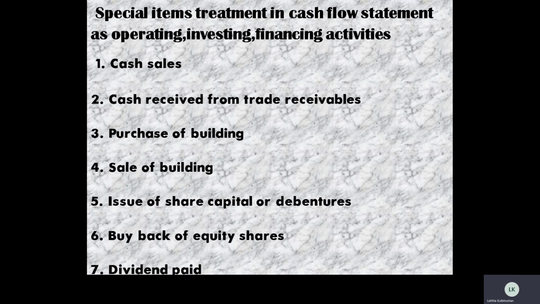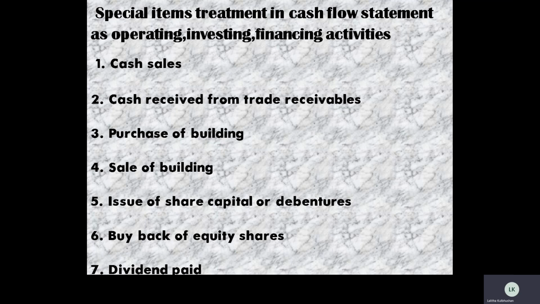Now, next we are going to discuss some important transactions and their effect on the operating, investing and financing activities of the cash flow statement. We are going to discuss whether these transactions can be classified as operating, investing or financing activities. The first transaction is cash sales. Children, in any type of business organization, whether financial or non-financial, cash sales refers to an operating activity. Operating means it's related to the core nature of the business. So cash sales is an operating activity.